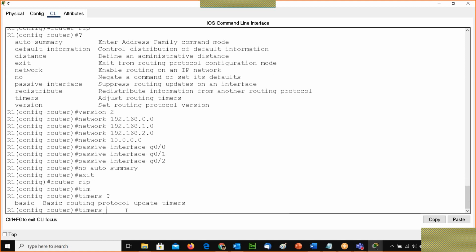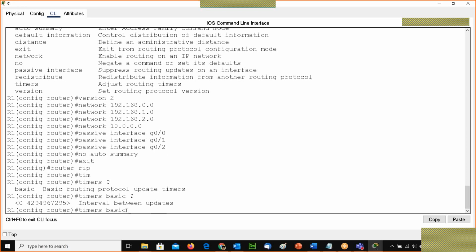Now you can see that there are basic intervals. So we are having the timers with different values. That value we can change.